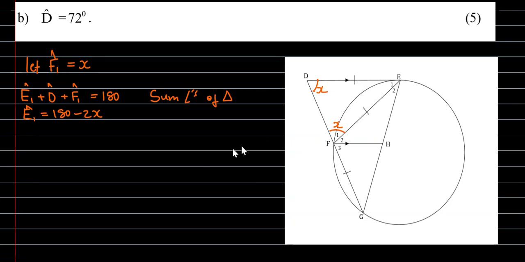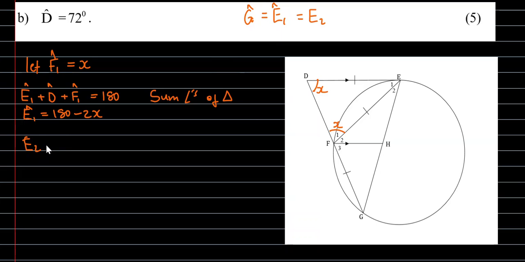So we can say angle G is equal to angle E1 and also equal to angle E2, right? These two are what we need now. This one and this one is what we need now, right? So we can say angle E2